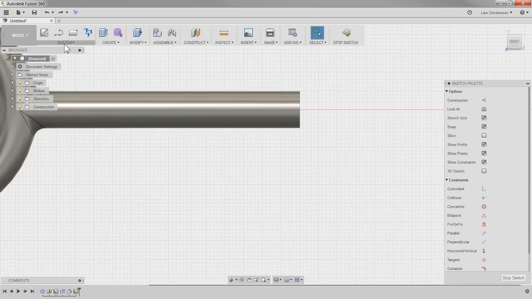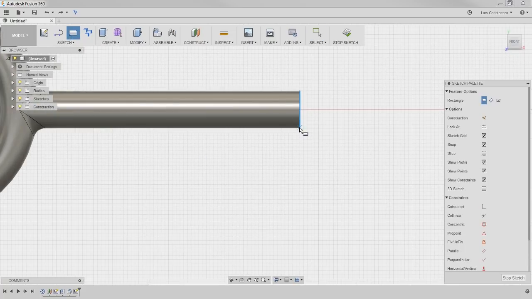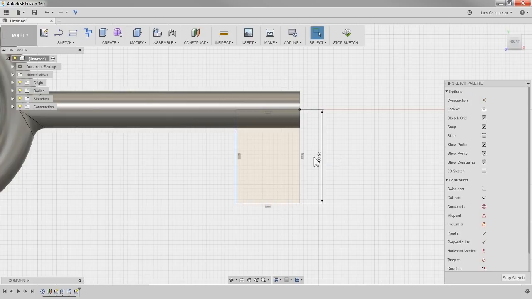Now instead of sketching this rectangle starting right down here on the edge and going out, I can actually start it right in the center of this round piece. So if I do that instead, I'm going to place this one, hit enter. We got the 25. Let me hit D for dimension, and let's make this one again 15 like we did before. You will see now when I extrude this out,